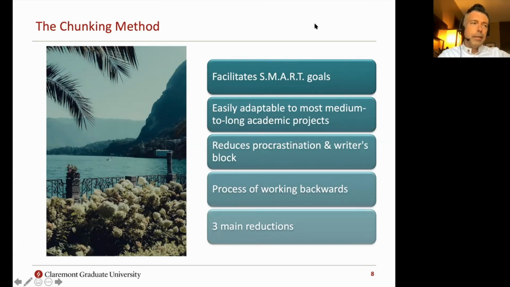chunking method. The idea here is to break down. So this is typically a productivity method, or it was initially, and the idea here is to adapt it to a writing plan. So it's taking a larger goal, right? Something that's typically due some time off, and breaking down this larger goal into smaller chunks in an intentional, targeted way to set yourself up with a number of signposts along the way to meet those smaller goals, having the confidence that those smaller goals are designed to be steps along the way of meeting the larger goal, right?